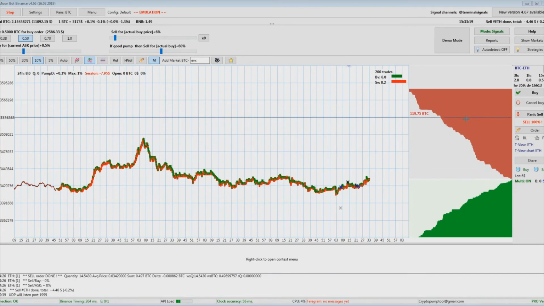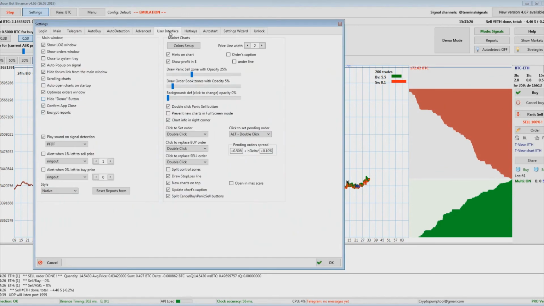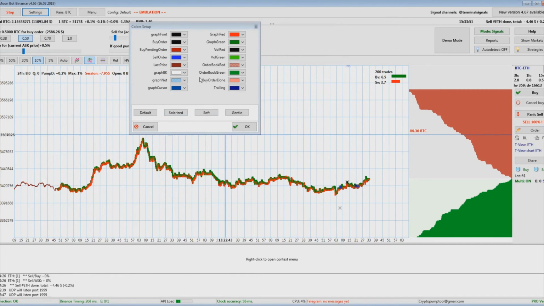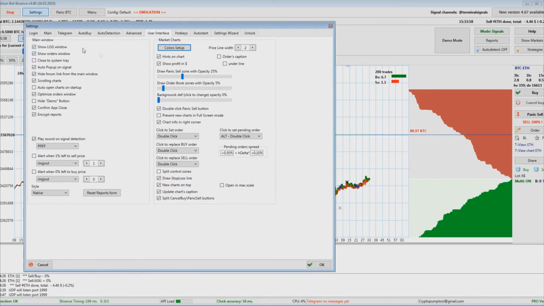Okay, there is also a few parameters with regard to user interface. So if you go to settings and then user interface, you can change the color theme. By default it's set to native, but there is several options including dark theme, or you can simply customize it according to your own taste. As well as that, in the settings there is an option to show or not show log window, same with